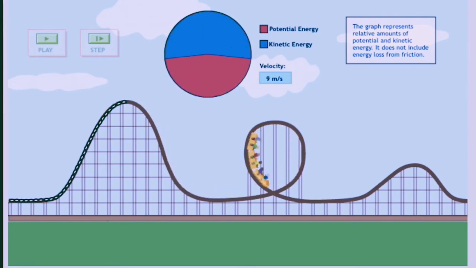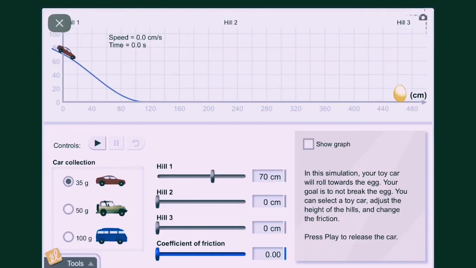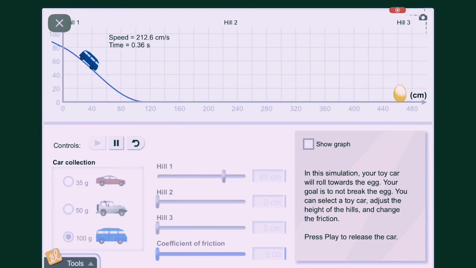Here's a similar simulation, except this one uses cars, and you're supposed to try to not break the egg. You can change the height of the hill, and you can even change the mass of the cars on the side, and then launch your car. Oh, I broke it. You press the little arrow button to go ahead and reset it,